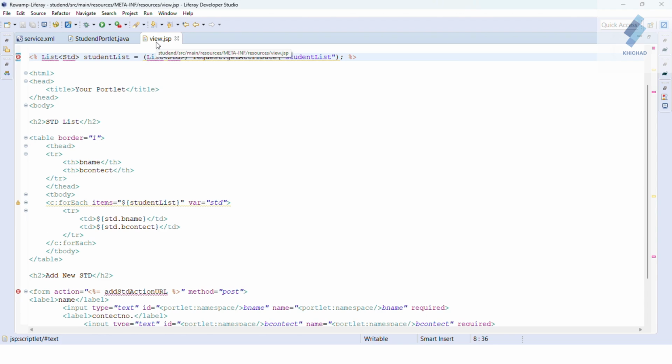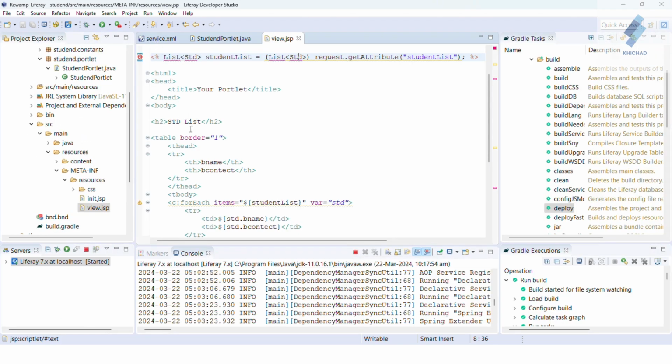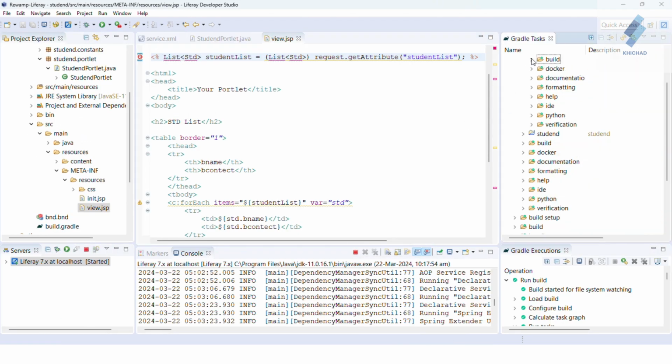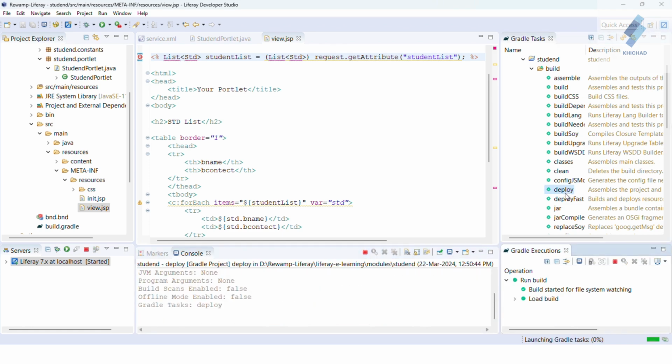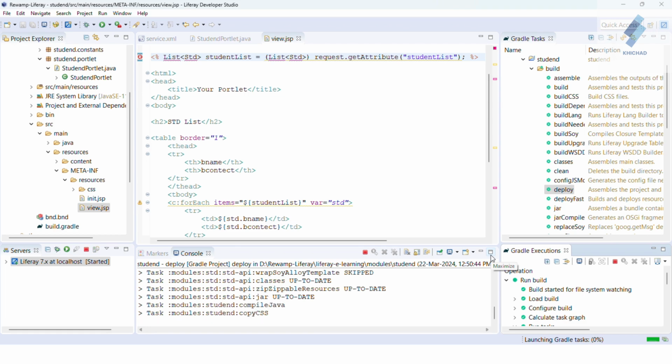So let's move on to deploying your portlet. I'm just going to the Gradle tasks, finding the portlet name, and clicking deploy. Wait until your portlet is deployed.